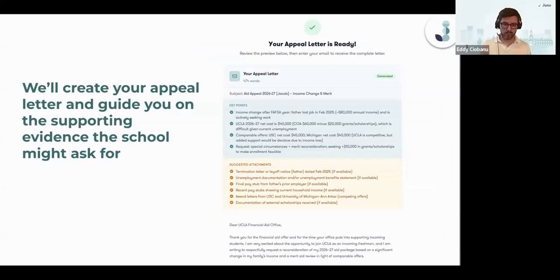Now, this tool is great not just for families, but also for financial officers, because we're really trying to minimize the back and forth, having to appeal. I go back and forth with financial officers and say, okay, you forgot to include your final pay stub. You forgot to include a termination letter. You forgot to include